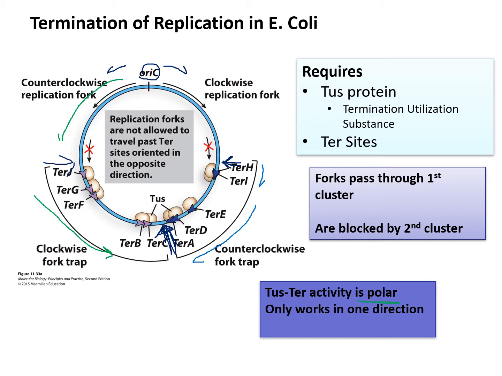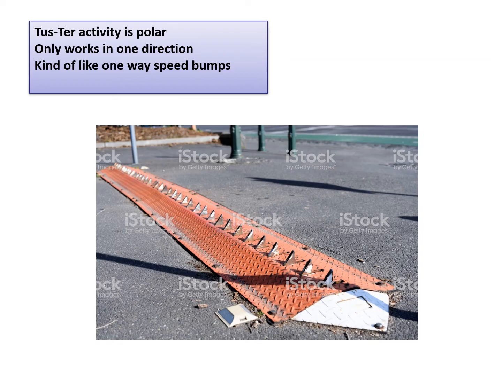So let's just stay here, that both of our replication forks get here, they stop, and we have completed replication. And what the TUS termination centers do is prevent the opposite replication fork from proceeding. So even though they slow down in one direction, the other one they just obliterate it. So I think a good image to think of them as kind of like these one-way speed bumps that you can see in parking lots. So you can imagine